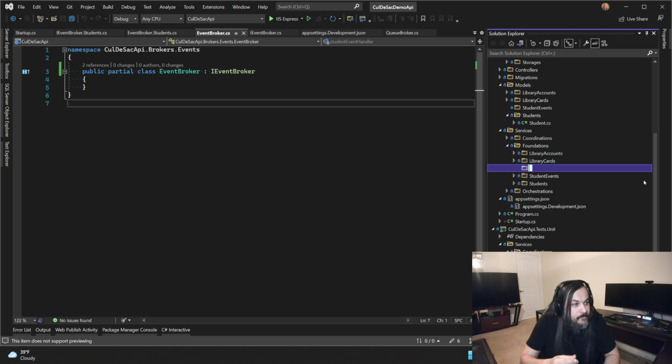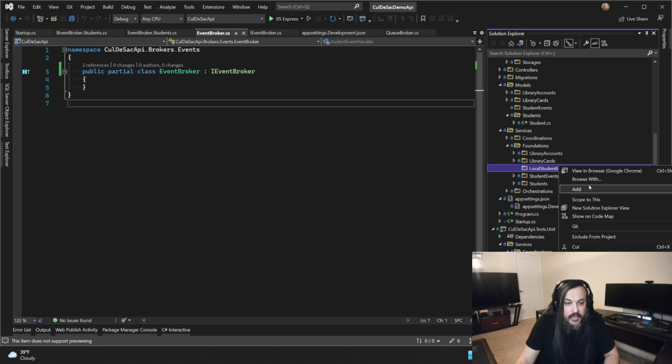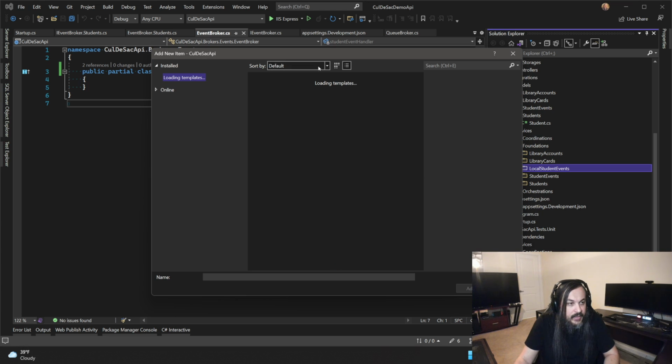We have another folder that's called, I'm going to call it, local student events, just for now. Ideally, you would call the other one external events and keep your local events. Never rename your local models as local because you're already in that context. But just for the purpose of this quick demo, I want to show you this idea and hopefully you'll find